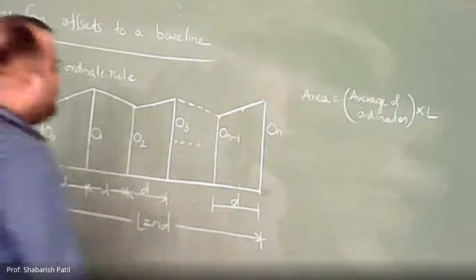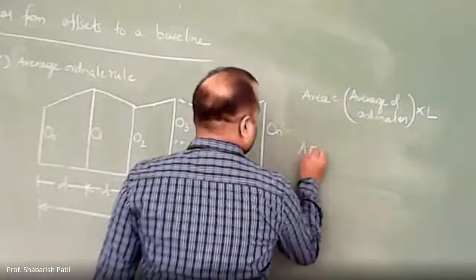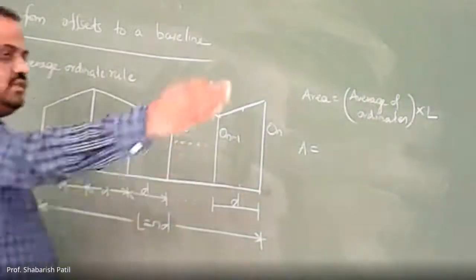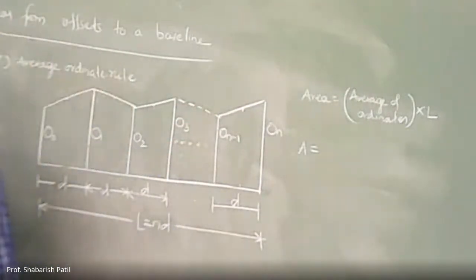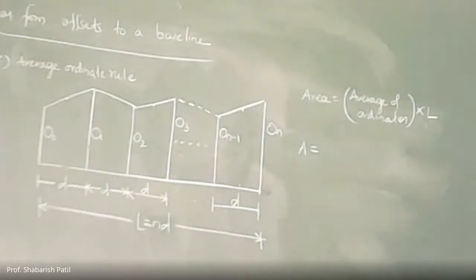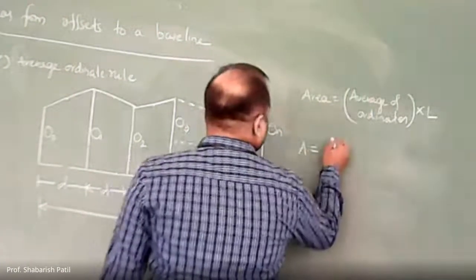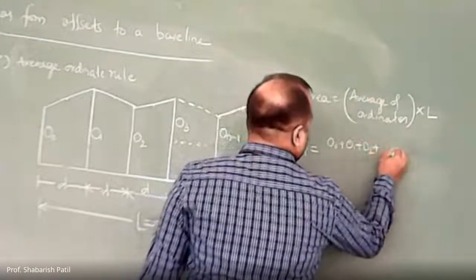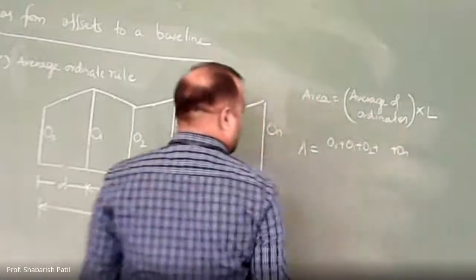Then how to calculate the average of ordinates? If you can help me out here. What is average of ordinates? It's sum of all the ordinates divided by number of ordinates. What do you mean by average? Sum of all the parameters divided by the number, isn't it? Now, if I want to have average of ordinates, then what I have to do? I'm supposed to calculate first sum of all the ordinates. So it is O0 plus O1 plus O2 up to On